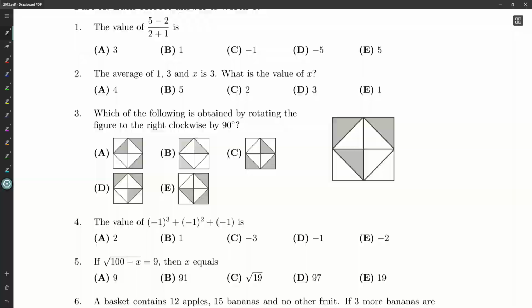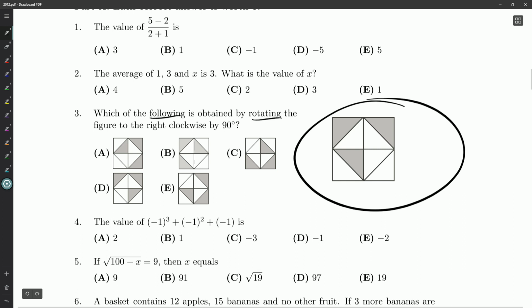Hello, hello, hello, everybody, and welcome back. We're on our third question from the 2012 Cayley paper. Which of the following is obtained by rotating the figure to the right clockwise by 90 degrees? Okay, so clockwise, if you imagine a clock,